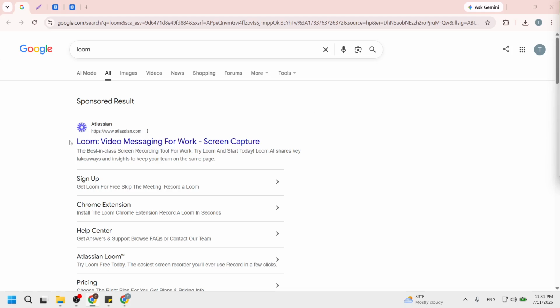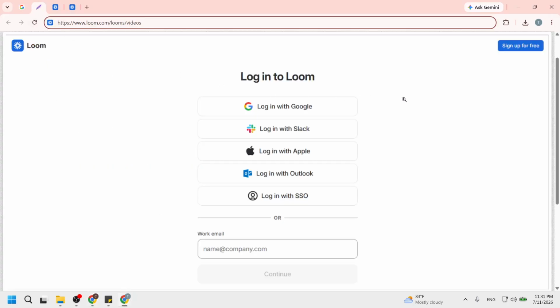Now log into your Loom account using your credentials. You will see fields for your email and password on the login page. Enter your information carefully. If you have forgotten your password, there is usually an option to reset it. Logging in grants you access to your video library, which is essential for downloading transcripts. After entering your details, click the Login button, and you should be taken to your Loom dashboard shortly.